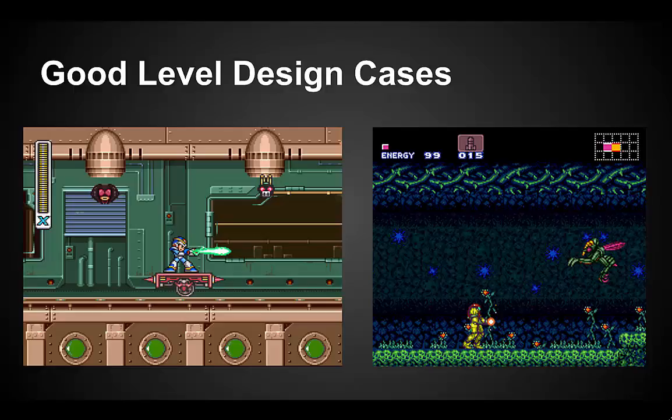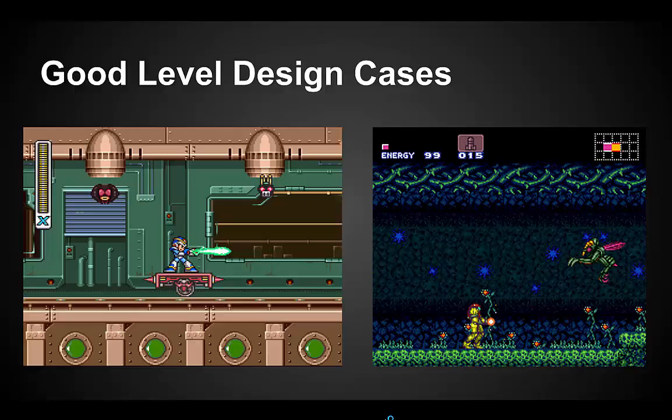You can explore around, and a lot of the real appeal of Super Metroid is you can do a lot of things in a lot of different orders that seem like the way the game was not intended to play. But in a way, the designers actually thought of that and planned for all of these options, to the point that you can beat the game with 14 or 15% of the items just by doing tricks with the items that you have. So if you get good control of the items and the mechanics that you have, you can actually do a lot with it that you wouldn't expect to be able to do.